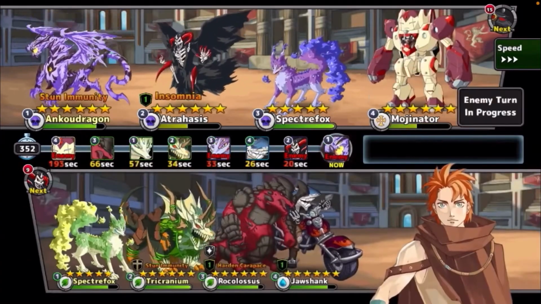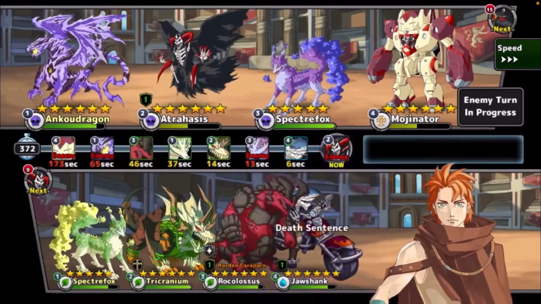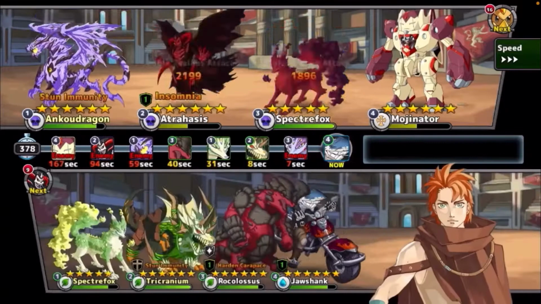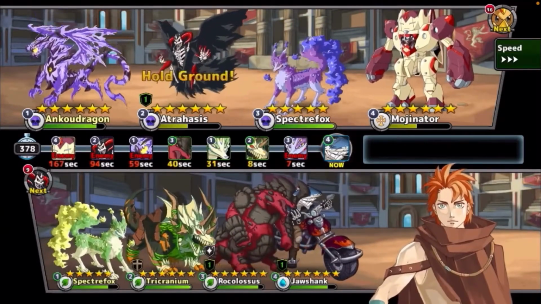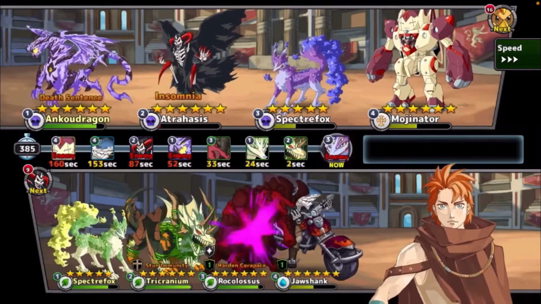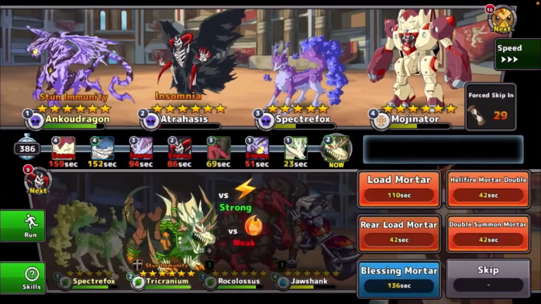So I try to take out his Moginator. Doesn't really work. And here I was thinking, yeah, his Oncodragon is pretty useless, but then he has a Link Death Sentence set up. So I either have to kill him or accept the fact that I'm going to lose a monster, and I'm pretty sure I just accept the fact that I'm going to lose a monster,